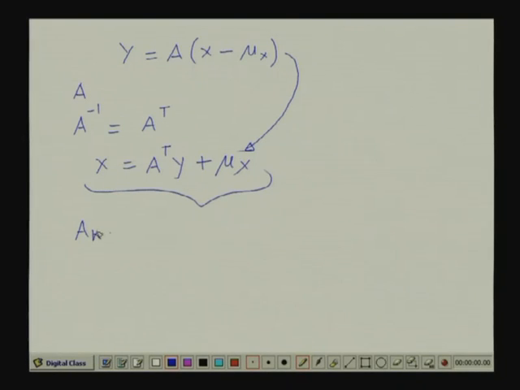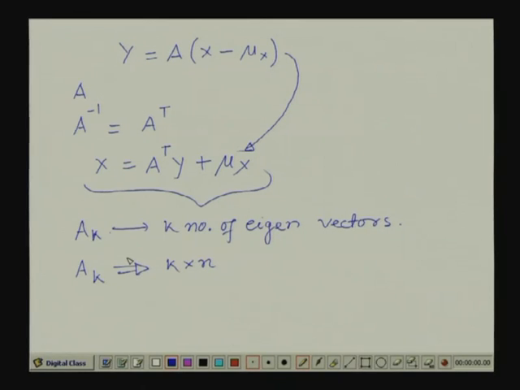So, this AK is formed using k eigenvectors of matrix Cx. Obviously, I take those eigenvectors corresponding to the k largest eigenvalues. So, this matrix AK will have k rows and every row will have n elements. So, the matrix AK will be of dimension k by n,